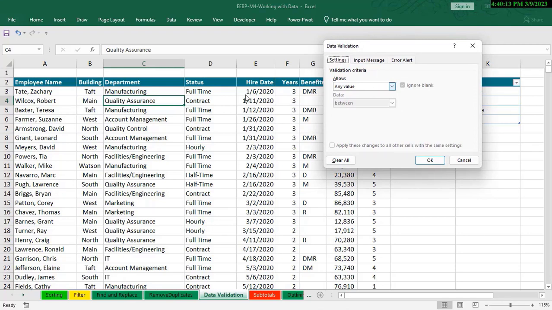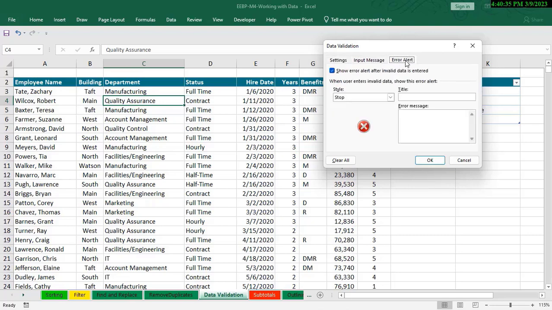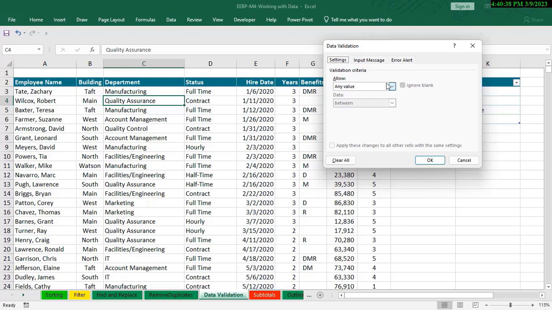You can even restrict a cell so that you can only input a date, or you can only input text, or you can even limit the number of characters of a text. When the window pops up, we have the Settings, then the Input Message and the Error Alert. The Settings is where you set the validation rule. It is by default set to Any Value, which means that you can input any value into it. Aside from that, we can also limit it to only whole numbers, decimals,